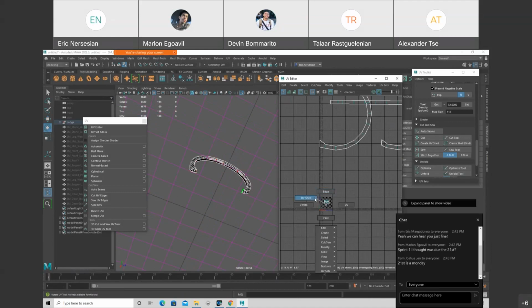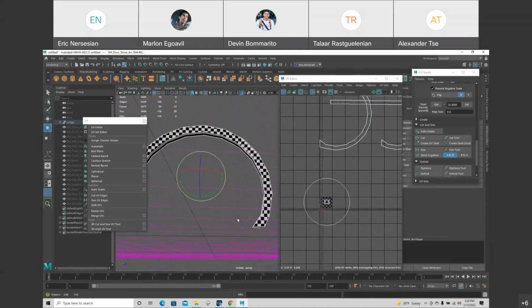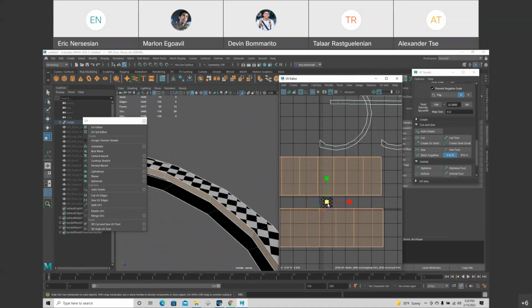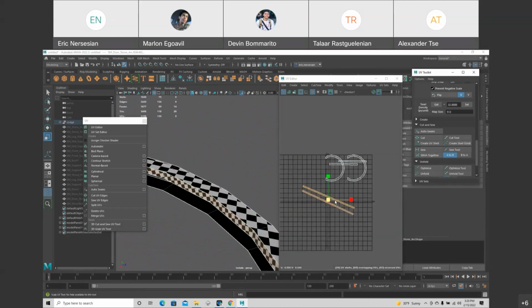The one thing I didn't do is scale these up to fit the rest. You know what? I got to unfold it. Here we go. All right, that looks about right.